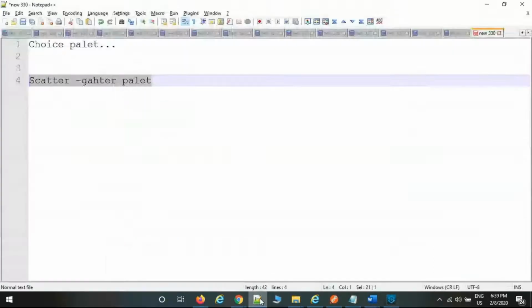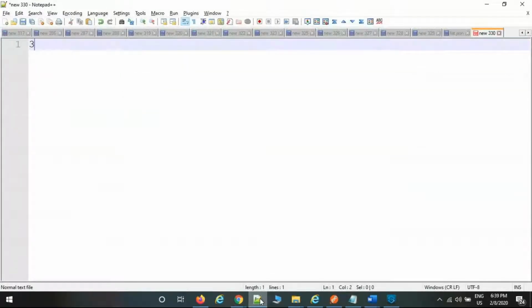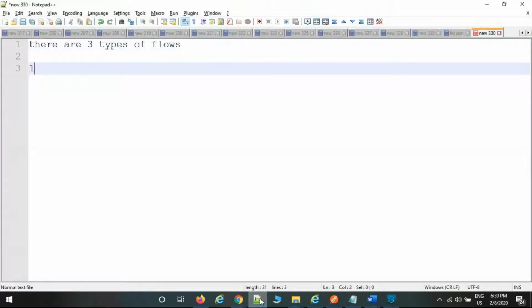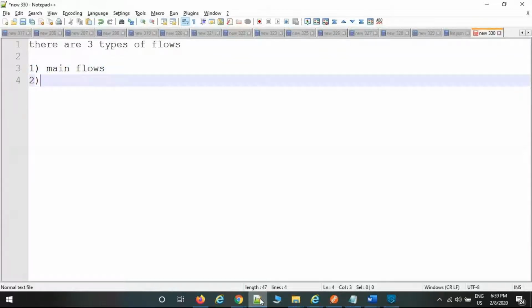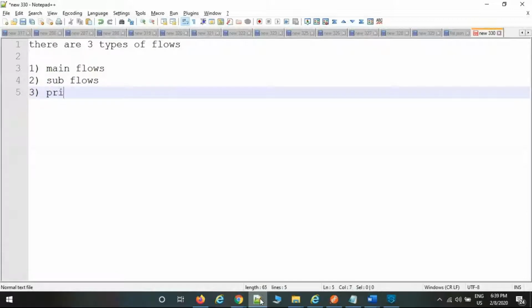Okay, from the MuleSoft point of view, there are three types of flows. One is main flow, second one is subflow, third one is private flow.